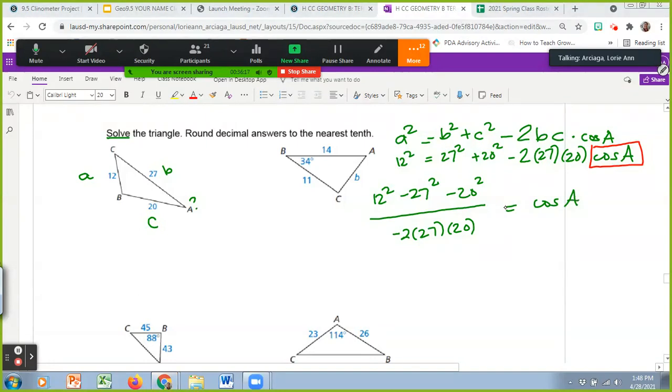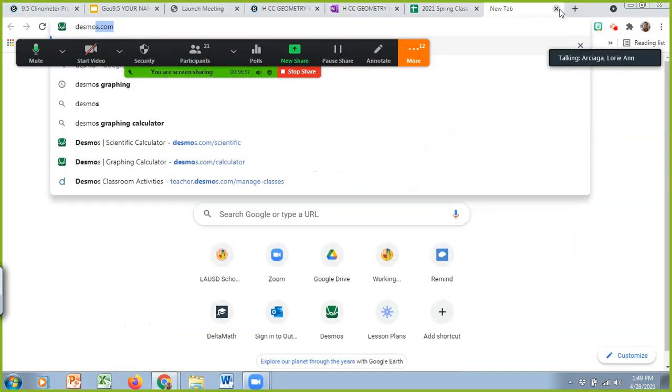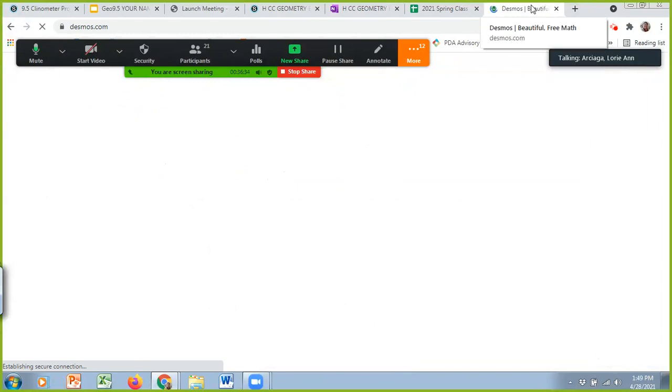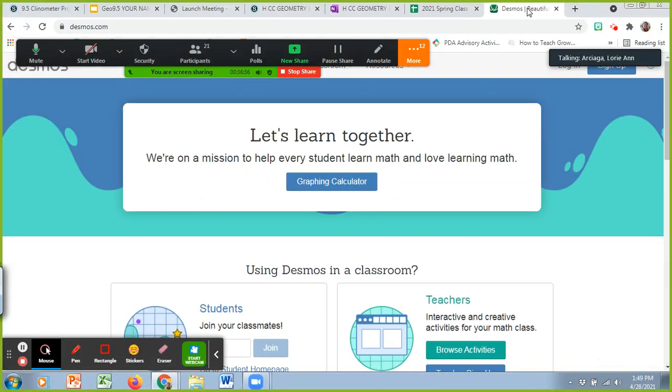I'll repeat, it just looks complicated, but if you know this is 144, this is, I don't know, is this 729 or 789? Maybe this is 400. You can simplify that if you want to. But the reason why I'm asking you to delay doing that is maybe in your calculator you could